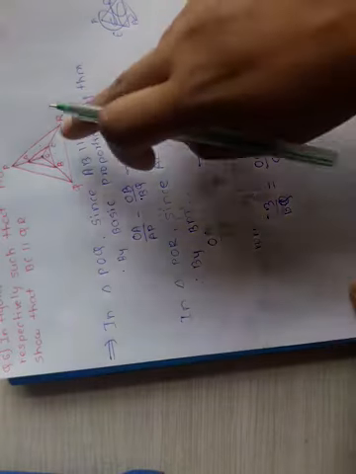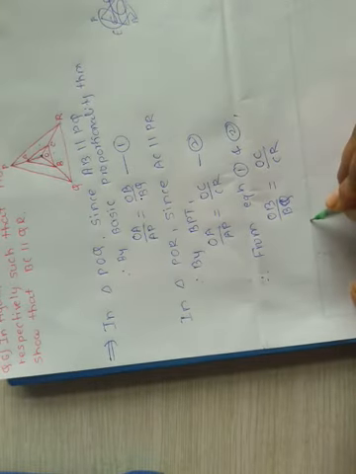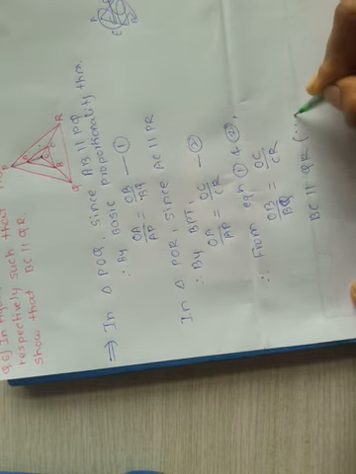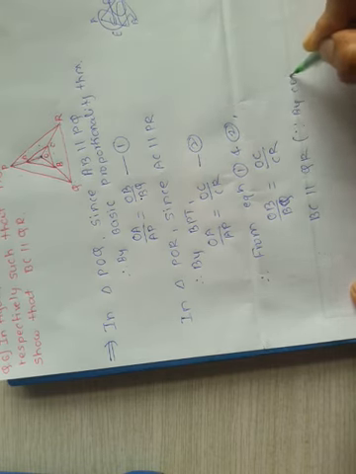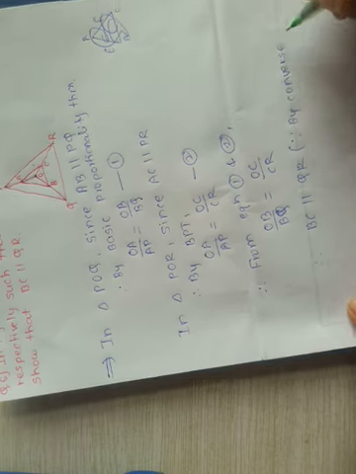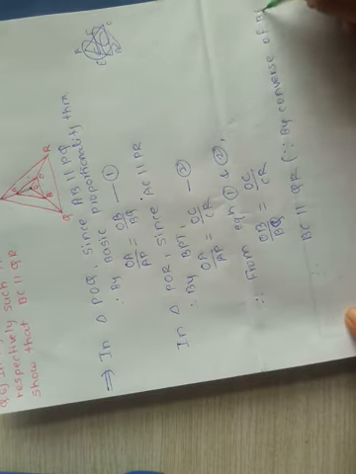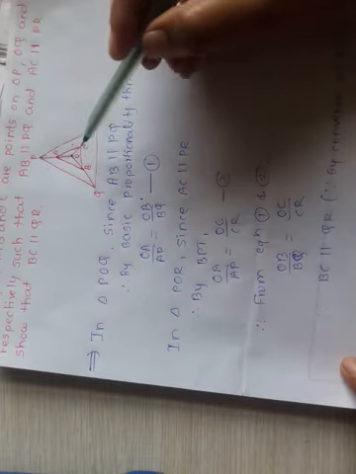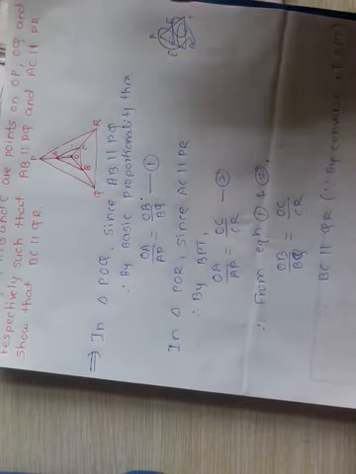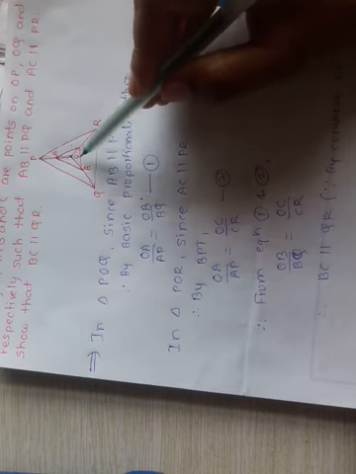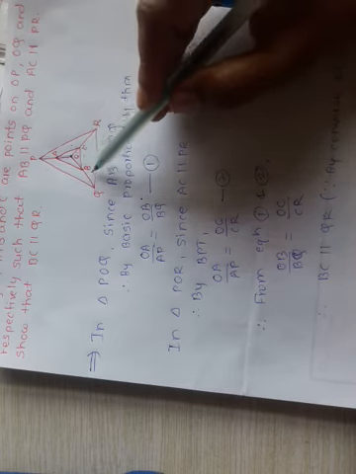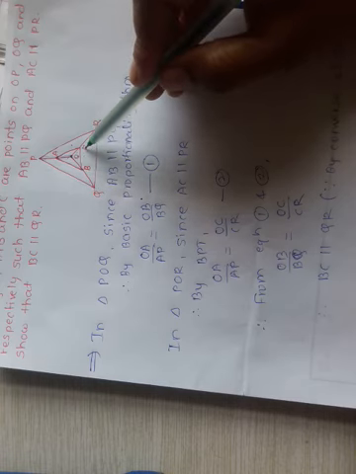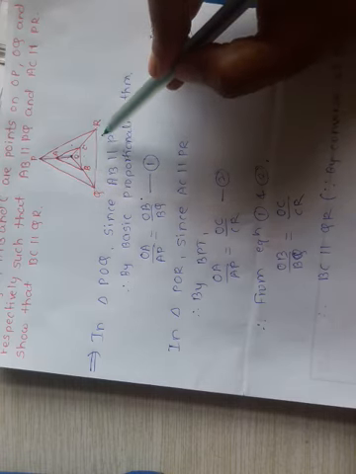And therefore write down, BC is parallel to QR since by converse of BPT. What is the statement of converse of BPT? If the ratios of the sides are equal, then we can say that the line which divides the two sides of a triangle must be parallel to the third side.